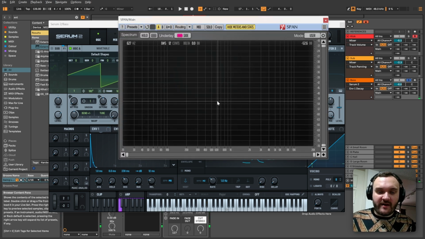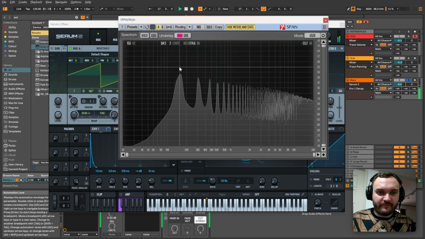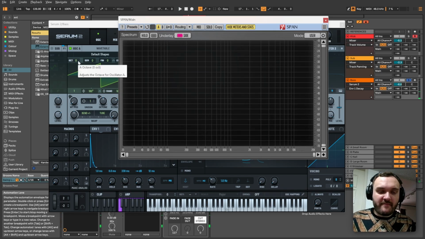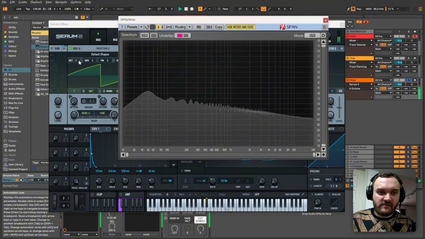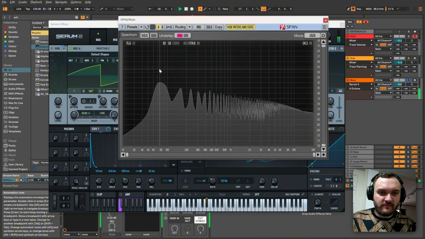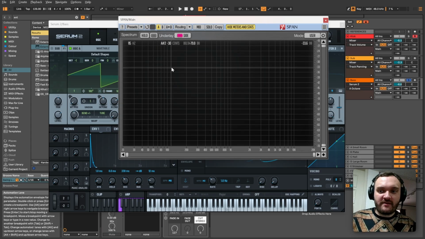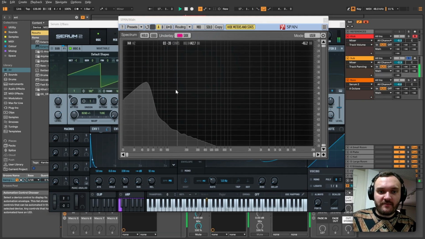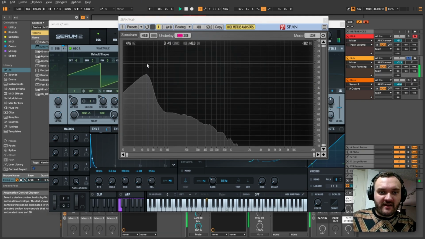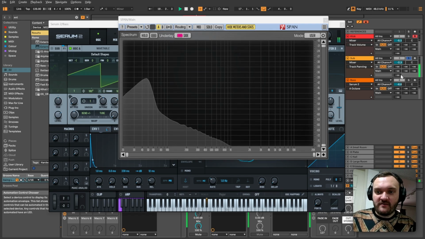I'm going to open up Span and look at where this is starting. Too high right now. We kind of want to match it for this where the sub is, so it should be -2. The one thing we want to be really careful about here is making sure that the fundamental of the bass is not interfering with the sine wave of the sub. So if we solo the sub, we can see that it's here at like 45 hertz or so,